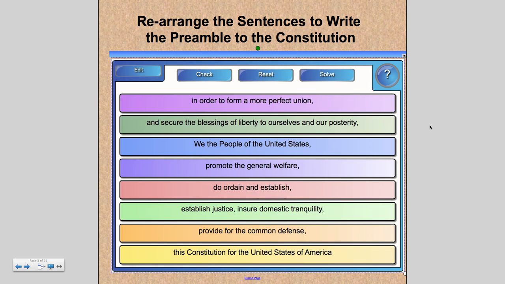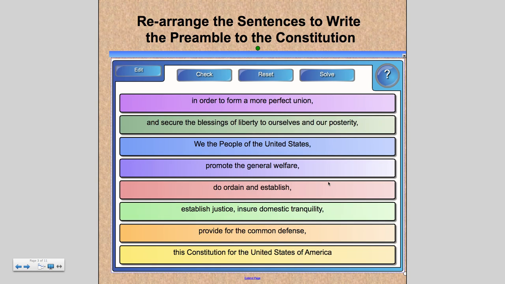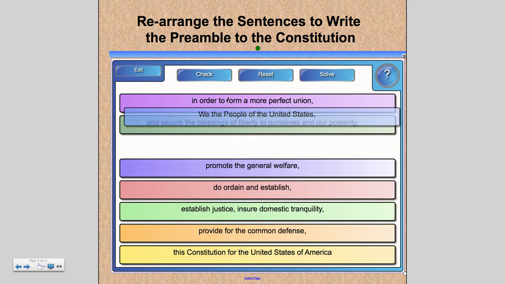All right, for our first task, we are going to be rearranging the preamble and unscrambling it. The preamble is the beginning of the Constitution, which lays out part of the reasons why we have the different branches of government and the separation of powers. So let's begin. I think it starts, we are the people of the United States